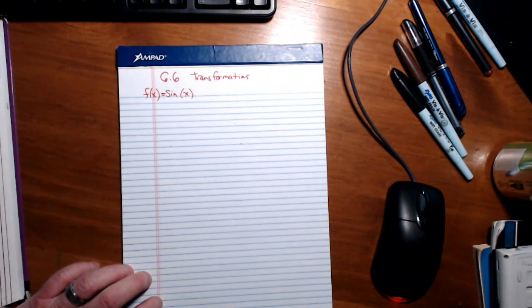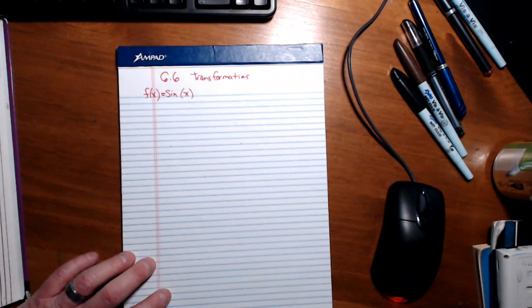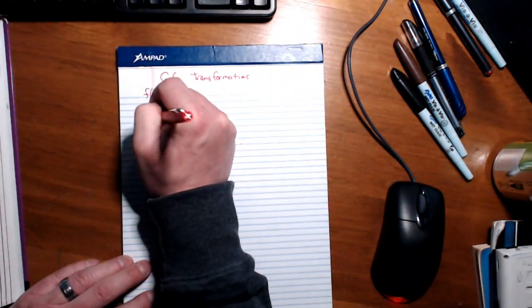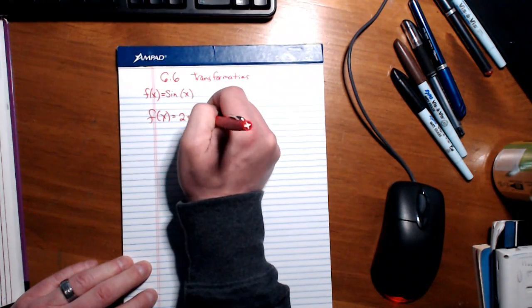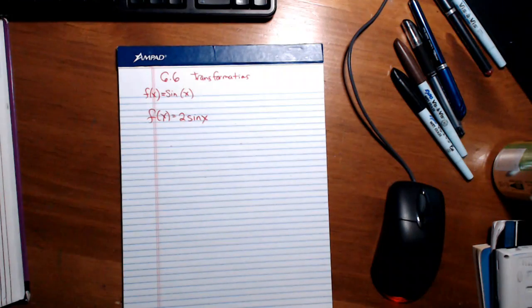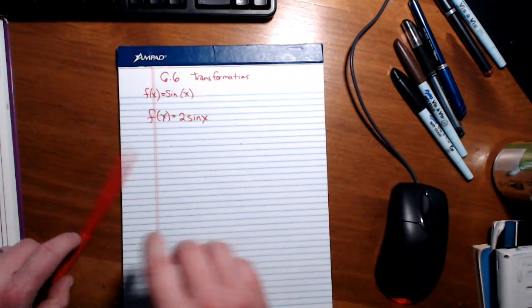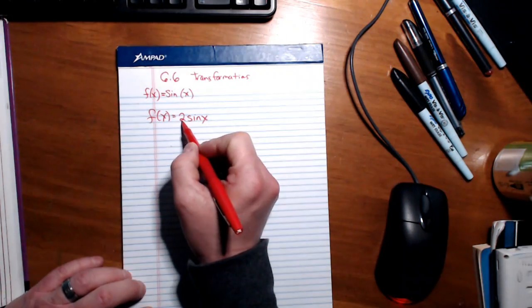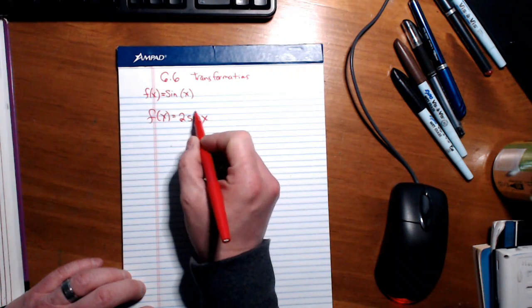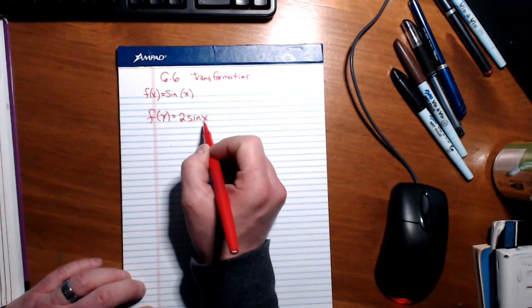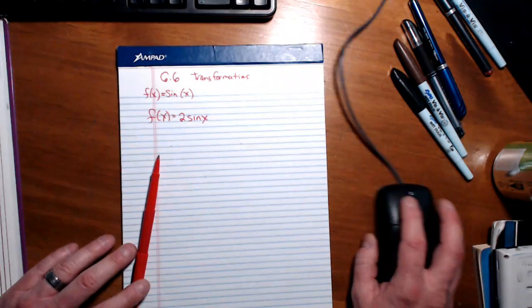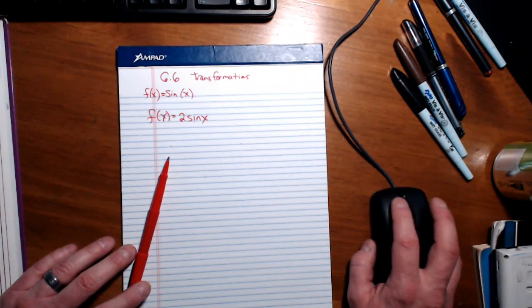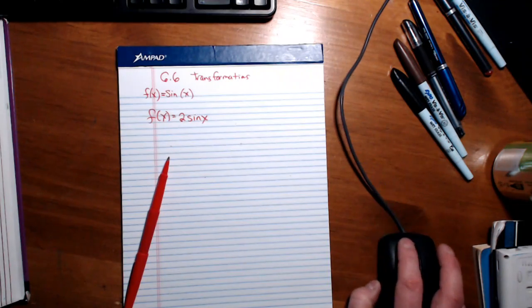Let's look at our basic function of f of x is equal to sine of x. And let's say I wanted to do f of x is equal to 2 sine of x. As I look at this function, this number here is going to multiply all of these values that I have here and spread them out in the graph. So if I look at my actual function that I have,